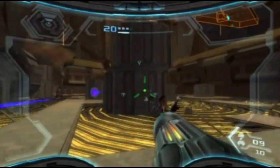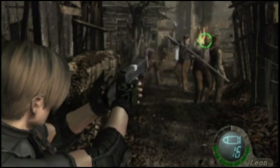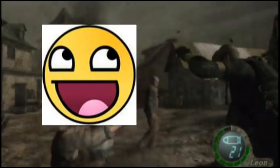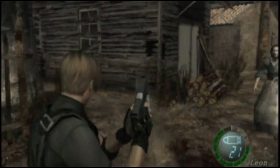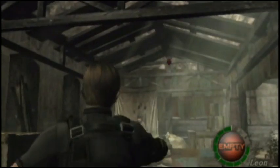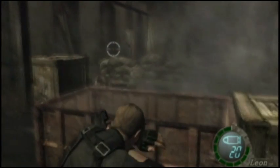Much like Metroid Prime 3, aiming with the Wiimote makes this game more enjoyable with the motion controls because of its accuracy. Oh, you're wondering why there's a face over the enemies when I kick or shoot off their heads? It's so the kids watching this don't get freaked out. Of course, when I was a kid, I wasn't frightened by stuff like this. In fact, I liked seeing guts splatter all over the place. Kids today need to grow a...